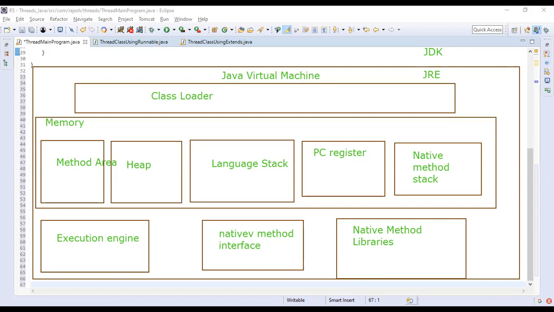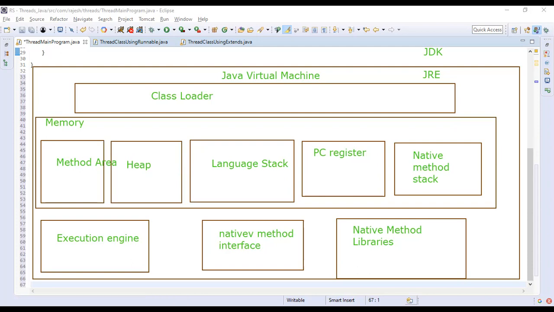So what does JVM do? I said JVM is a fish tank. The responsibility of a tank is to receive the fish and provide a sufficient environment so that the fish can survive there. All the infrastructure will be there in the tank. The water will not leak out, and the tank gets cleaned. All these things have to be provided by the tank. So JVM loads the code. It verifies that the code which we are writing is correct, and then it executes the code. It provides the environment for the code to run.